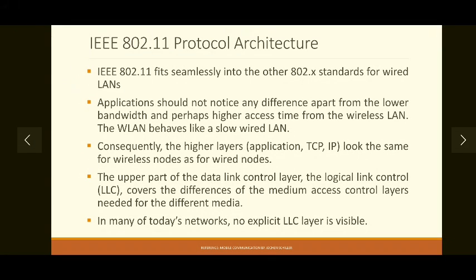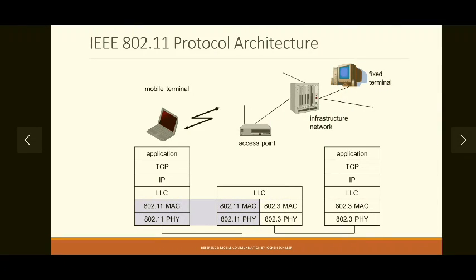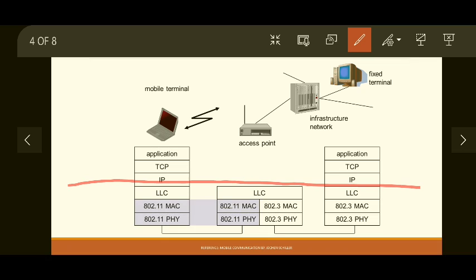So 802.11 fits seamlessly into other 802.x standards, that means other IEEE standards which are defined for computer networking for wired LANs. Application should not notice any difference apart from lower bandwidth and perhaps higher access time from the wireless LAN. So just now in the previous case we have said that first three layers are common. Why is it? Because the application should not worry how my data will be delivered to the destination. So they are not standardized. It is left up to lower layers to handle the mobility and all the delivery related tasks, and that's why